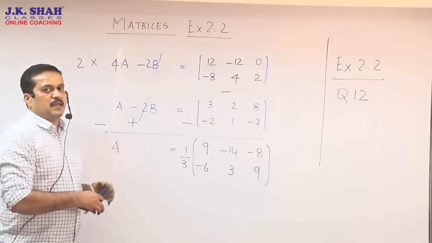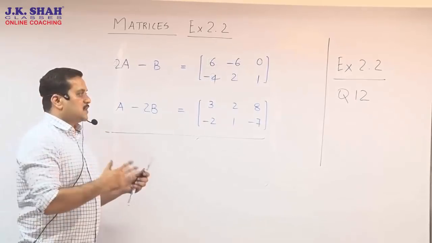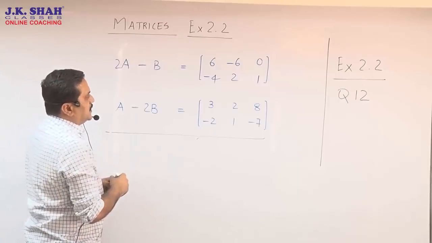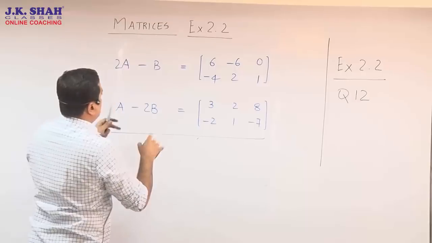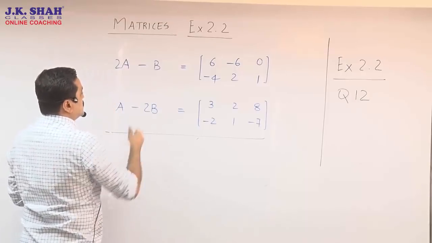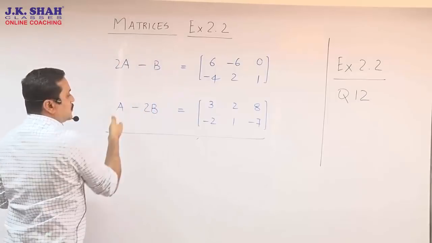So we'll do it in the next one. We are still on the same sum. In the previous step we had solved for A. Now I have removed all those things and I have put back once again the original equations. Now this time we'll be solving for B. Since you want to solve for B, we are going to make the coefficients of A equal.